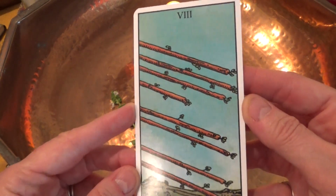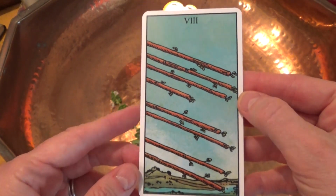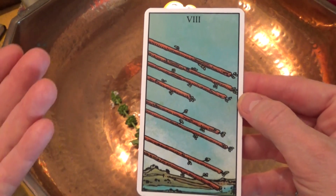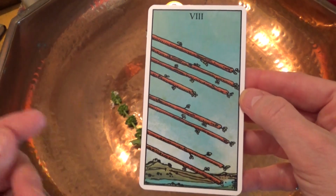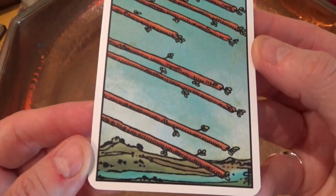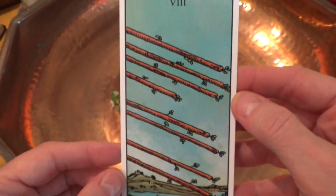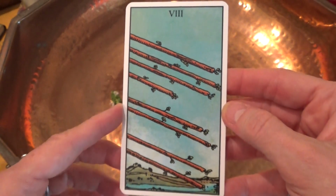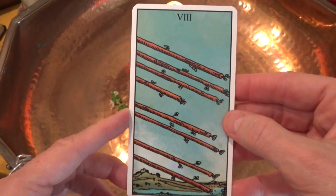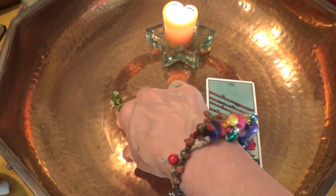The wands are all about fire, and so there's passion here. These wands are being cast through the air. We can't see who's throwing them, and we can't see where they're going exactly, although I see some water in the background and some desert, it looks like. So we have something coming very quickly,